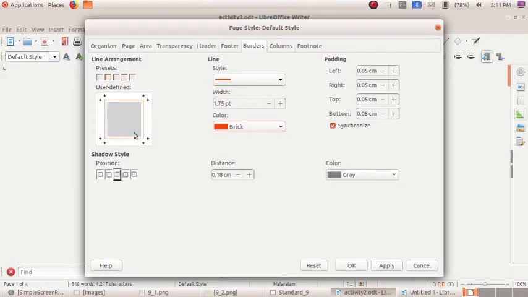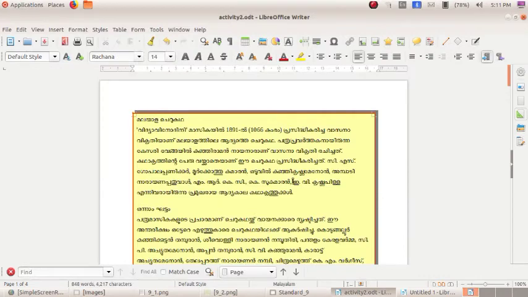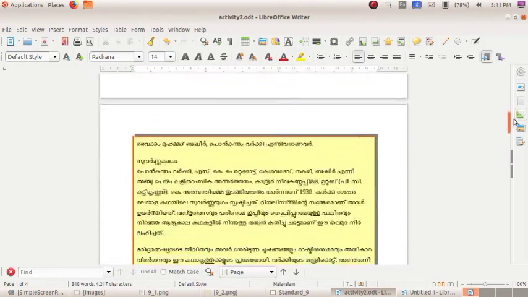If we want to adjust the space between the border and the letters, you can adjust it here. Where? In the padding field. Okay, like increasing. Okay, then click on the apply button, then click on the OK button. See, the shadow came and the border also came in red color.